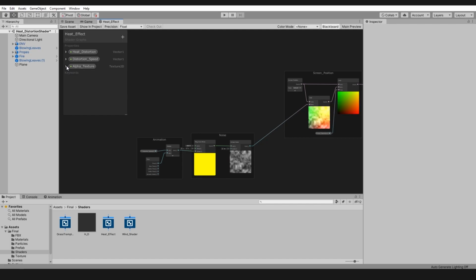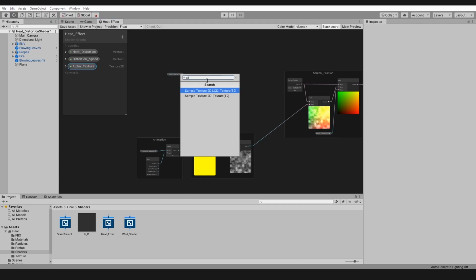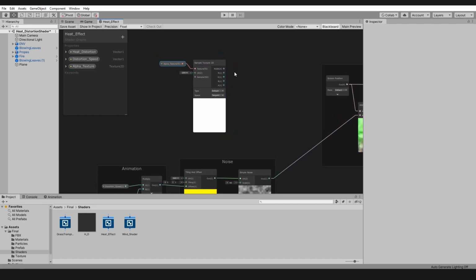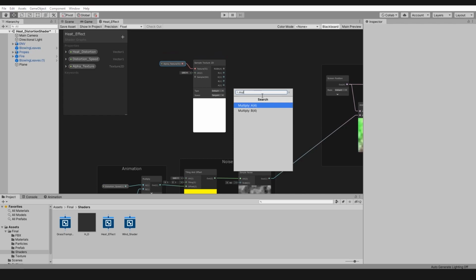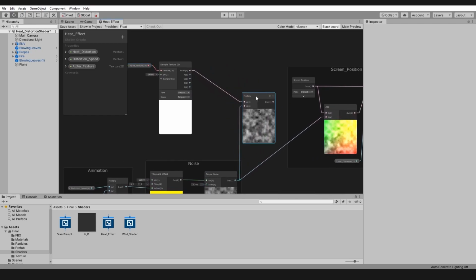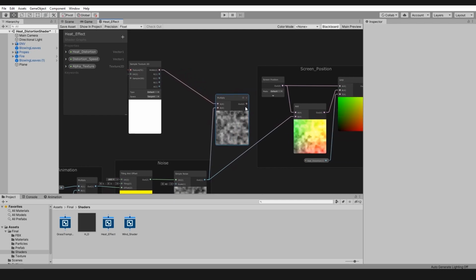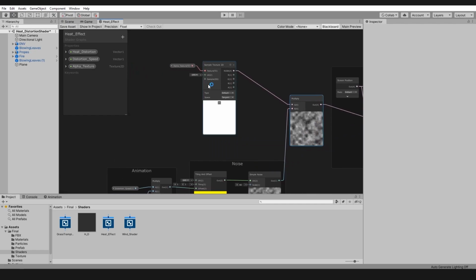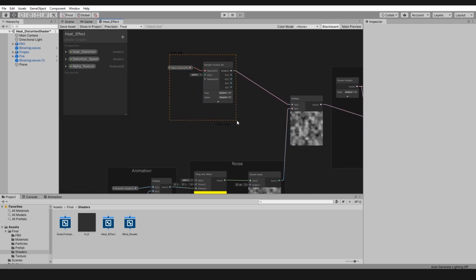Now simply drag and drop it into the viewport and connect it with the Sample Texture 2D node. And then just take the RGBA output of it and connect it with the A parameter of the Multiply node. Then take the noise output and connect it with the B parameter, and simply take the output of it and connect it with the Add node.